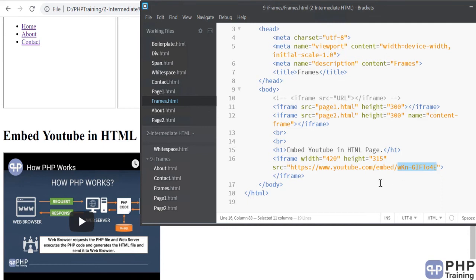All right, so that's all about iframe. I hope you know how to create iframes, how to embed an HTML page in the iframe, and how to embed a YouTube video into an iframe. If you're really confused, you can give it a try, do some exercises, and understand how this works. All these examples are available in the material folder, so you can go ahead and open it and have a look at it.